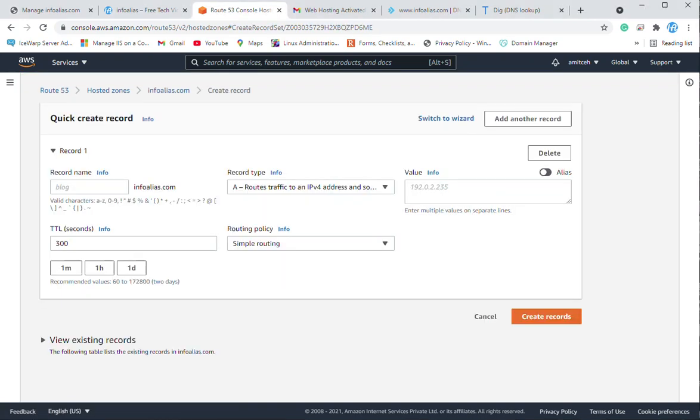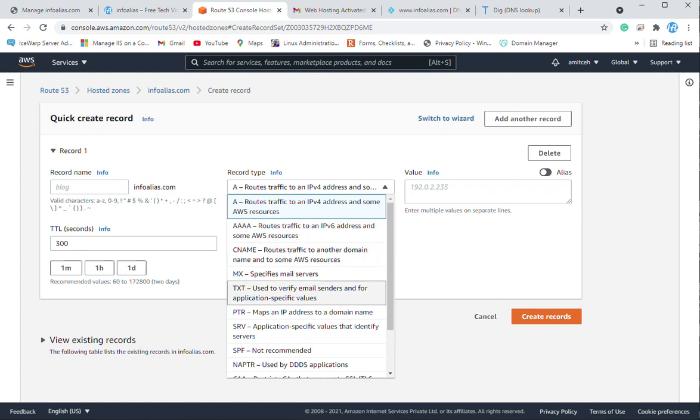This is a very simple interface provided by AWS for Route 53. Here you can select the record type, like if you want to create MX records or TXT records or PTR values. So you can select the record type, and here you can enter the value as well.